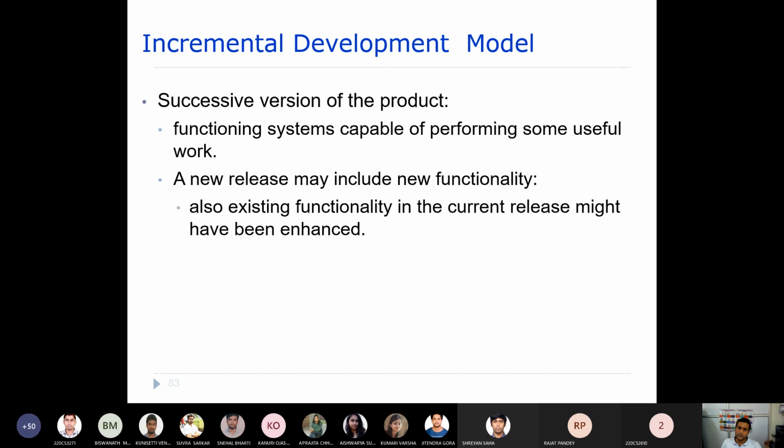So every version has some new features, and while releasing that version to the client, you can also make some enhancement to the existing modules. So enhancement is also done to the existing modules.